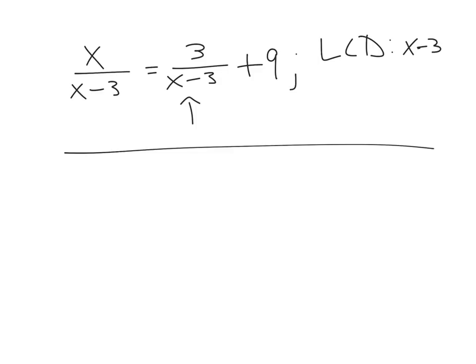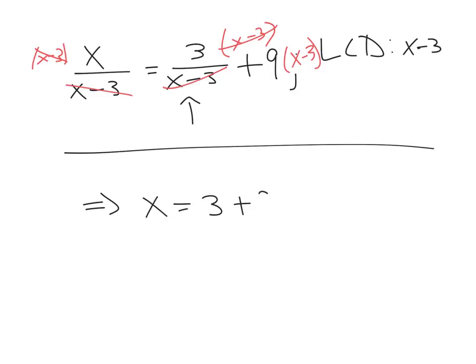X over x minus 3, we'll cancel that x minus 3. 3 over x minus 3, we'll cancel that x minus 3. And then the 9 has no denominator, so nothing cancels. So you still have to multiply by x minus 3. This gives us a new equation of x is equal to 3 plus 9 times x minus 3,